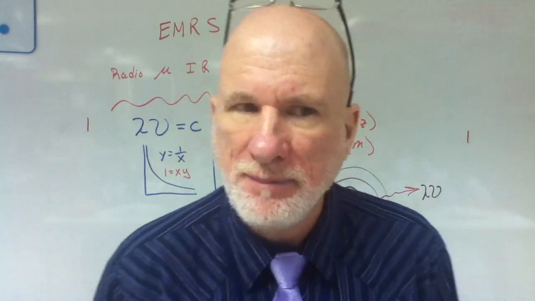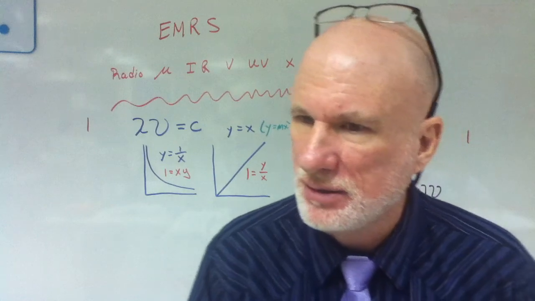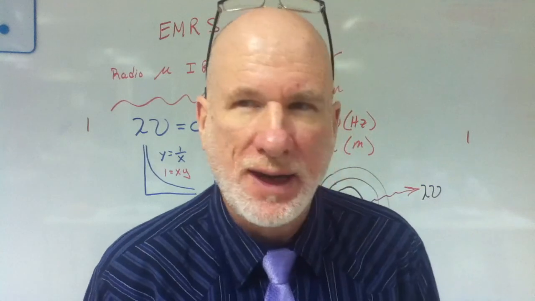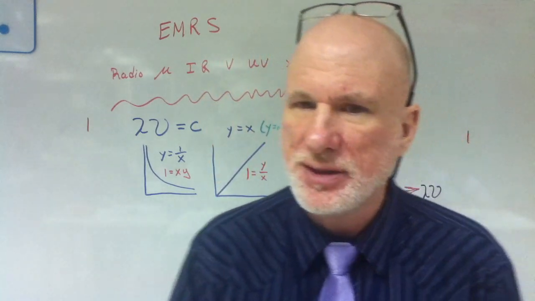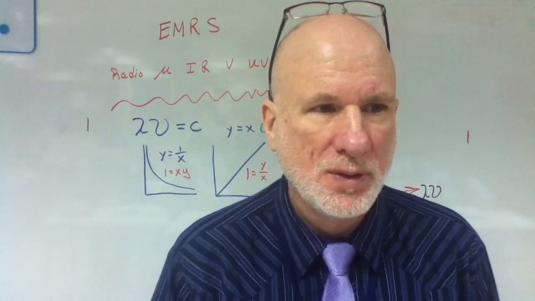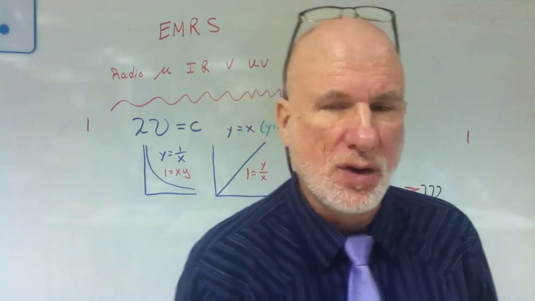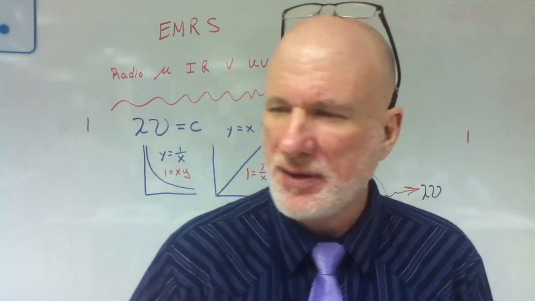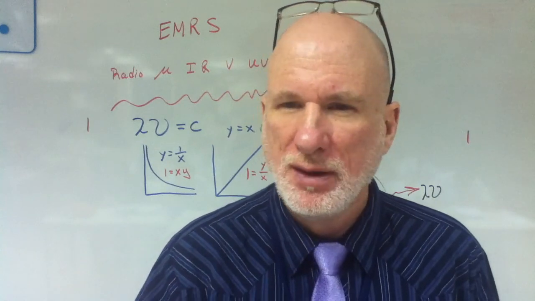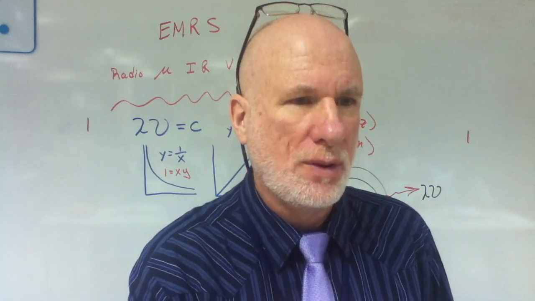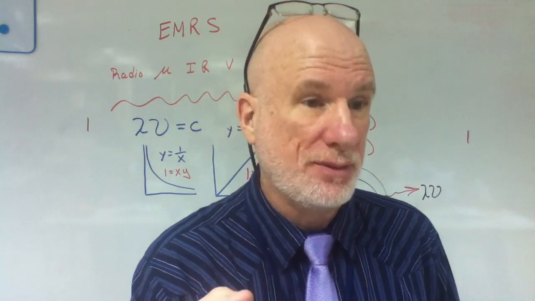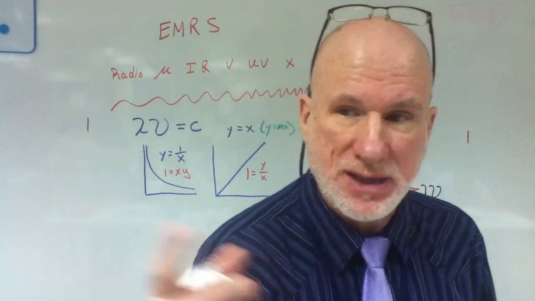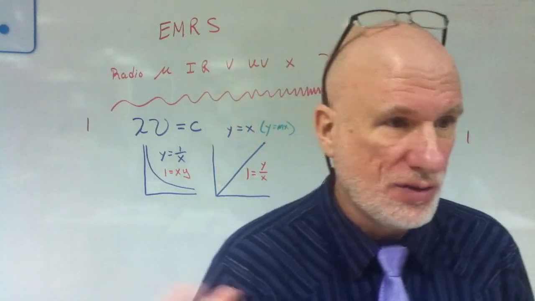Divide 250,000 by 186,000. What is it? 1.34. So it takes 1.34 seconds to get to the moon, which is about 250,000 miles away. So what's the round trip? 2.6 seconds, right? And they did experiments on the speed of light based on the moon and the known distance of the Earth from the moon.